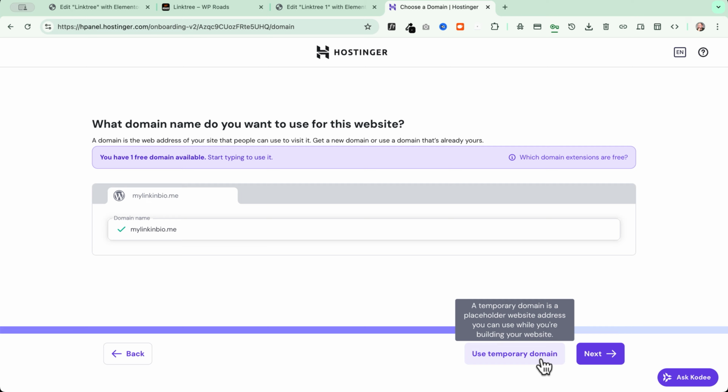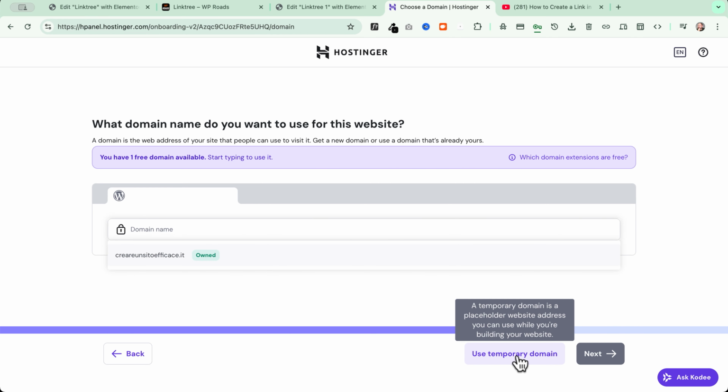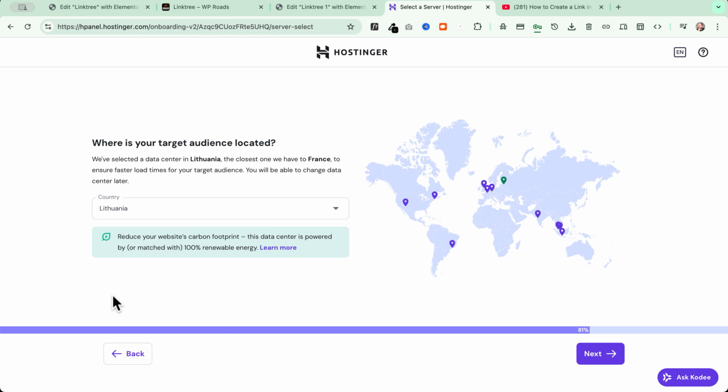You can even start sharing it, and then when you finally find your name, you can assign it very easily in the backend later. In my case, I'll go and use a temporary domain, and I will connect my real domain later. Okay, here I can change the location of my website, of my link in bio page, and this